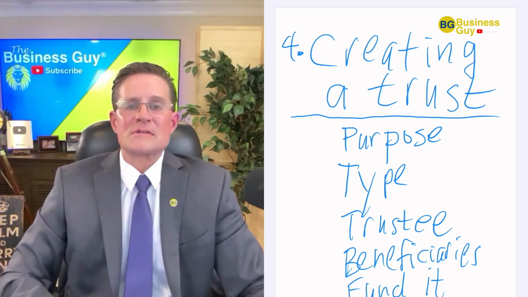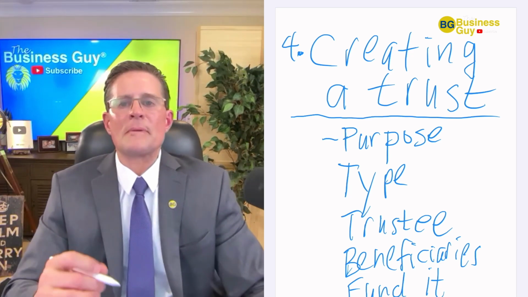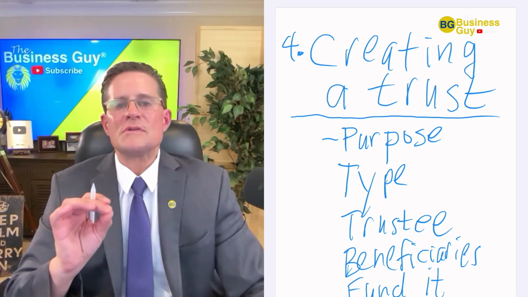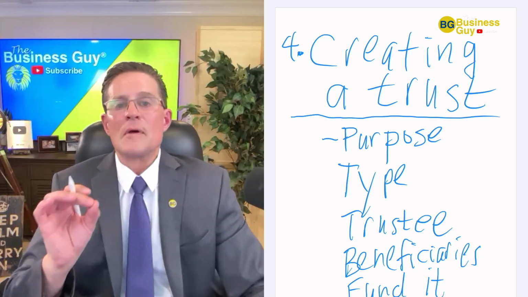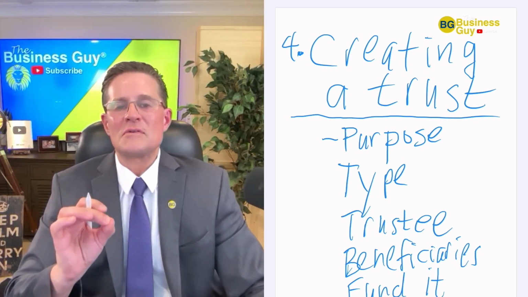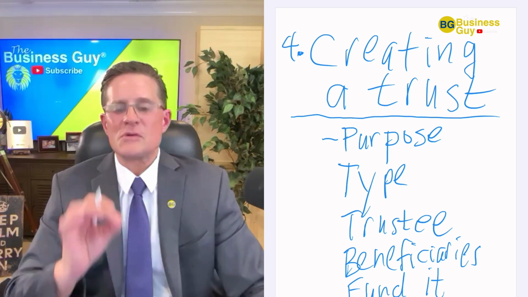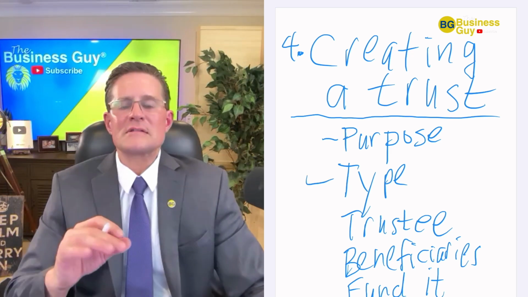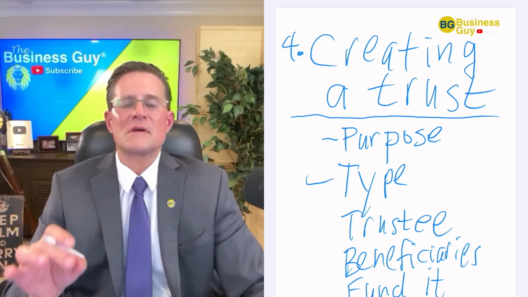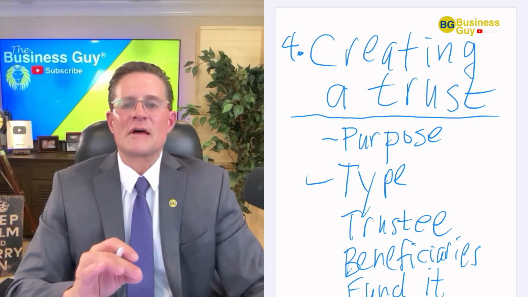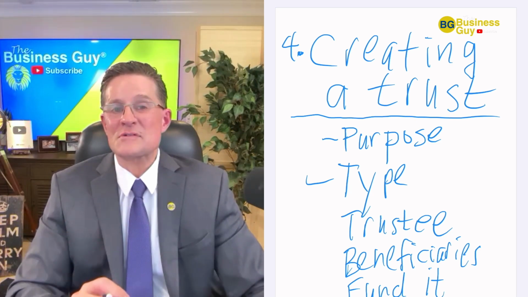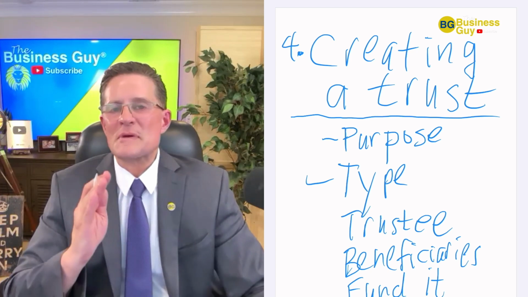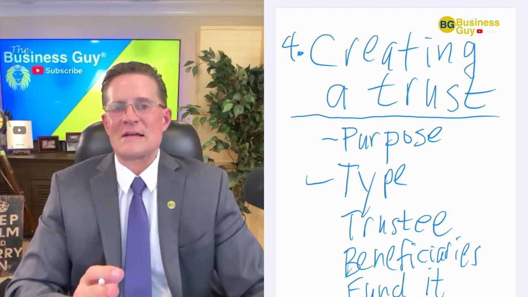So here's how the process works. First of all, you define the purpose. So what do you want the trust to achieve? Is it to protect your assets from lawsuits, provide for your children? The purpose will guide the structure of the trust. So next, you want to choose the right type of trust. As I mentioned earlier, there are different types of trusts. Revocable living trusts offer flexibility, but they don't provide protection like irrevocable asset protection trusts do. Cook Islands trusts, on the other hand, are specifically designed for asset protection.